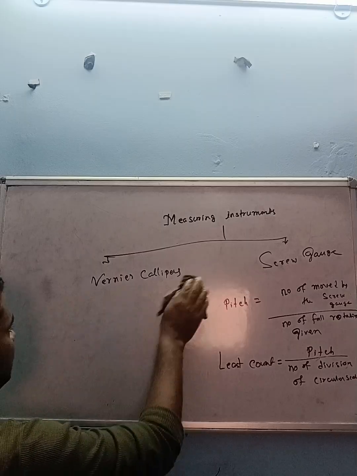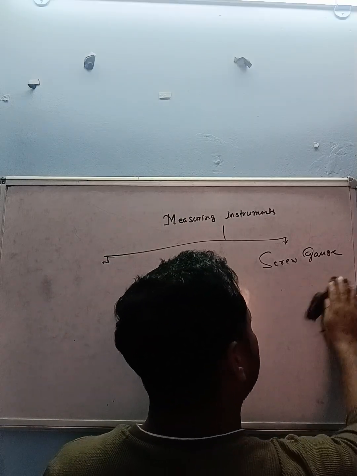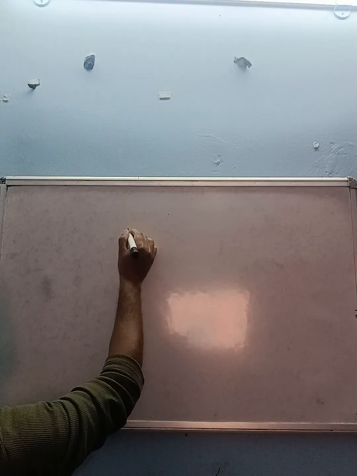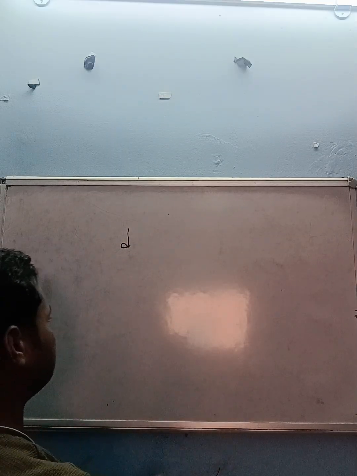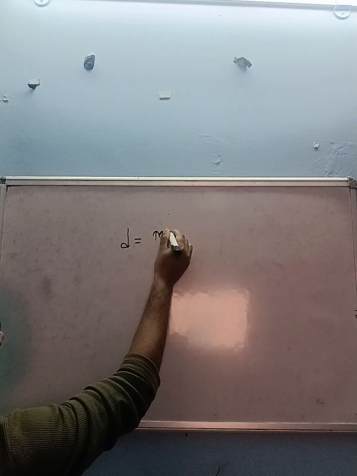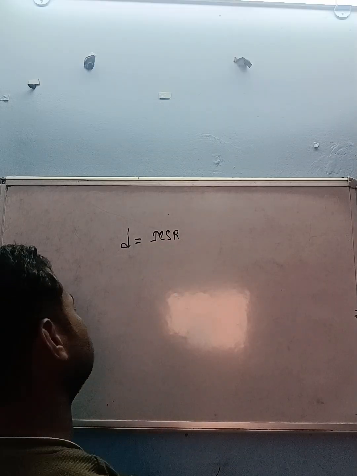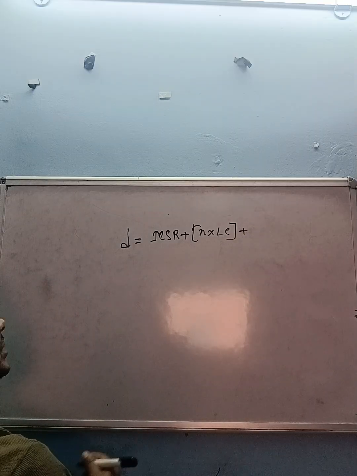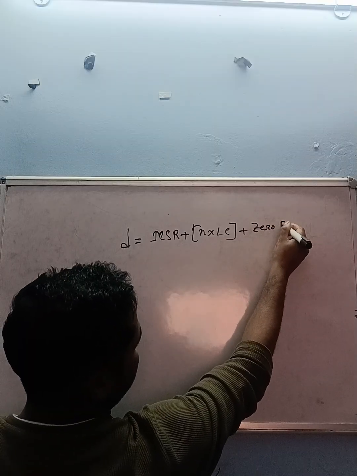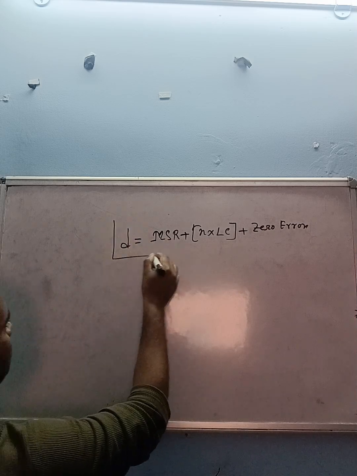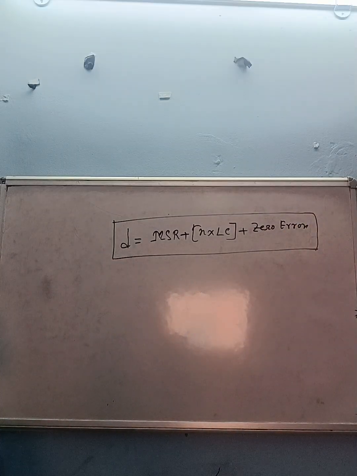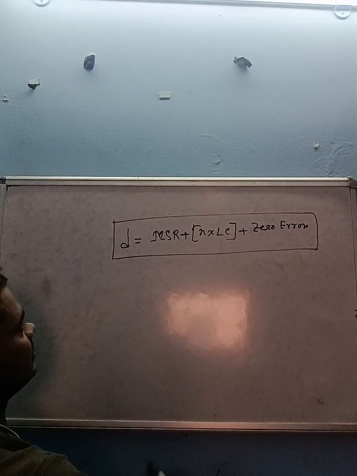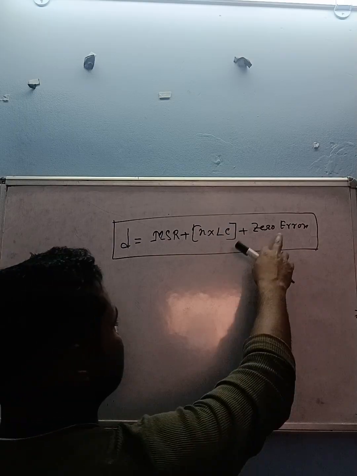चलो पांच करके टूट लो, राइट डाउन। मान लीजिए सपोज अभी एक फॉर्मूला है, ये भी लिख लो। Diameter of the rod, wire and small ball, diameter equals to main scale reading or division, you can say, plus n into least count of the screw gauge plus zero error of the screw gauge, zero error। ओके, ये भी एक फॉर्मूला है। D equals to MSR main scale reading plus n into LC plus zero error। ये मतलब number of division of the full screw gauge and least count of the screw gauge and zero error of the screw gauge। ओके,